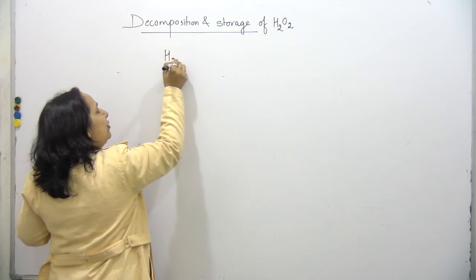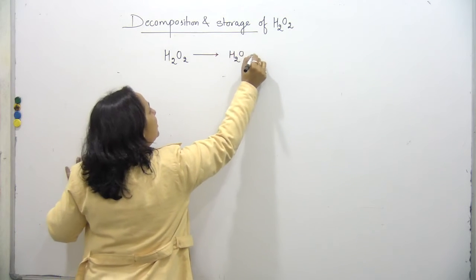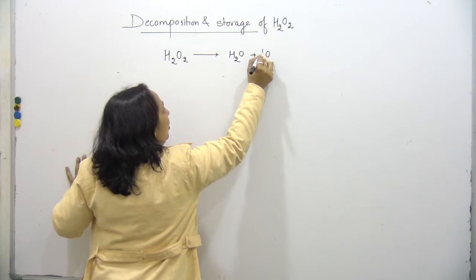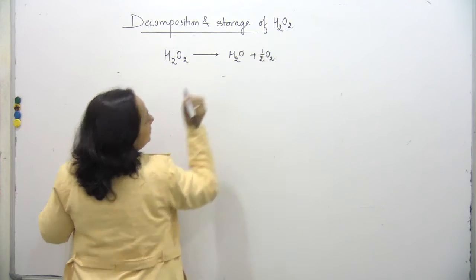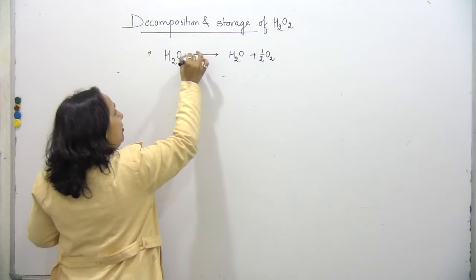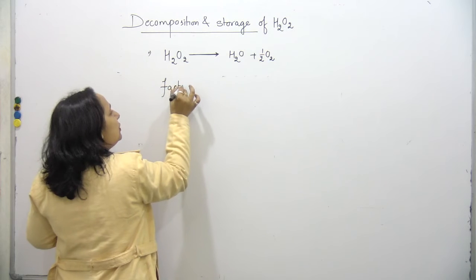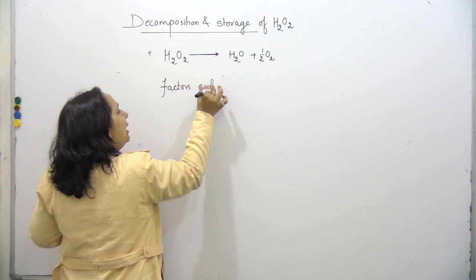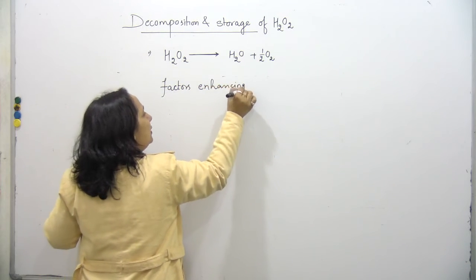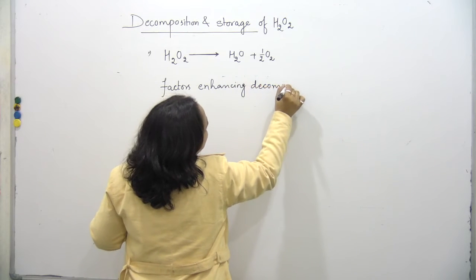Hydrogen peroxide is not very stable. It is going to decompose to give us water plus oxygen. Factors that are going to enhance this decomposition. Factors enhancing decomposition are